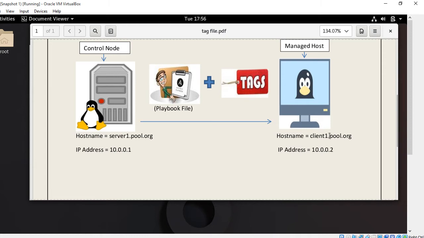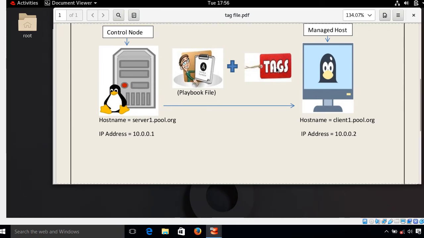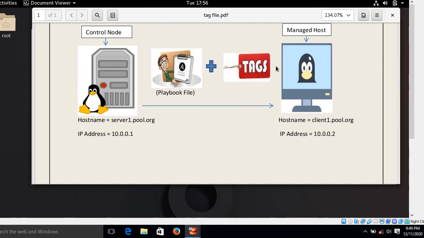Hostname is client1.pool.org, the IP address is 10.0.0.2 and the OS is RHEL 8.0. So on the control node I have a playbook with multiple tasks, and with the help of Ansible tags I am going to deploy this playbook on my managed host. Okay guys, so this is the task we are going to do.